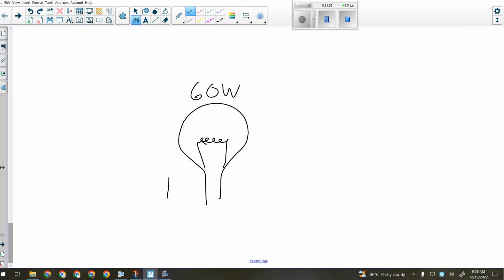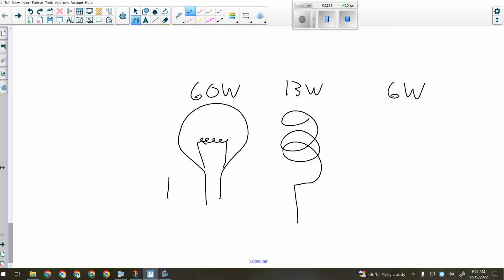You could replace that with one of the compact fluorescent ones, which, like I said, and this is going to really test my artistic ability, kind of look like a spring. Just a coil of fluorescent bulb. You could replace a 60 watt bulb with a 13 watt compact fluorescent bulb, which cut your electricity costs by 75%. Or you could replace it with an LED bulb, which looks just like this, except it doesn't have the coil inside of it. It's got just a bunch of tiny little light emitting diodes,